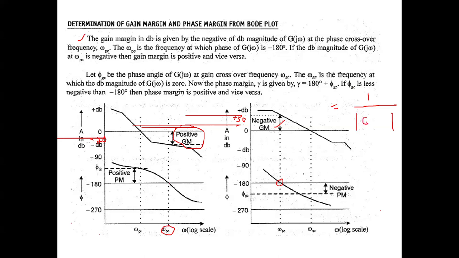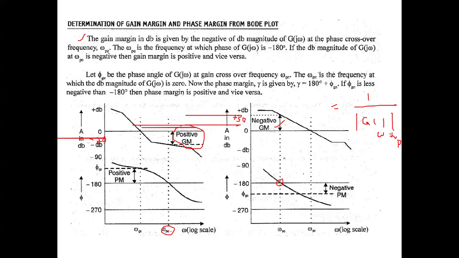Okay, this is the magnitude of this function at a frequency of omega pc. What is omega pc? Omega pc is the phase crossover frequency. How do we get the phase crossover frequency? From the phase plot, at the frequency where you get minus 180 degrees, that frequency will be known as